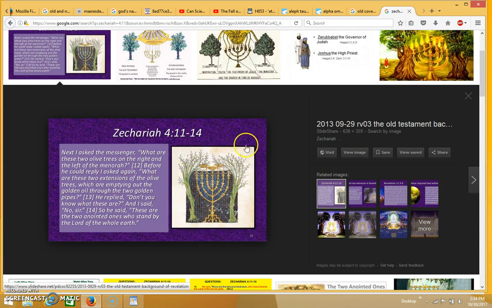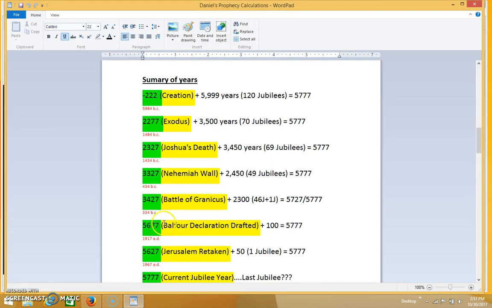I believe that's a representation of Hanukkah, and I've also explained how I believe this is a parallel to Zechariah 14 when the Mount of Olives splits. And so this is something that I want to talk a little bit more about as we get closer to Hanukkah, if the Lord should tarry. Of course, no one knows the day or the hour, but another thing that I wanted to try to explain